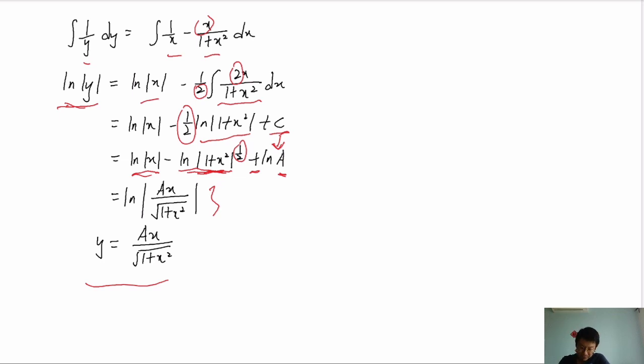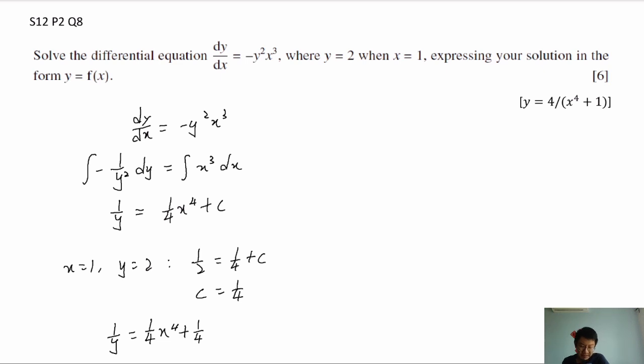Okay, next one. So solve this DE when y equals 2 and x equals 1. So express the solution in the form of y equals f(x). So basically for this one, it's not really difficult to do. We just need to